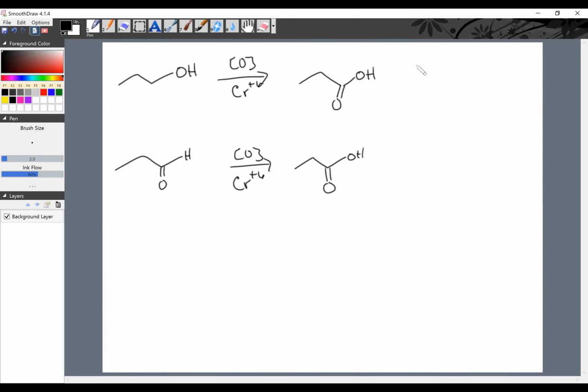That is any of those: CrO3 or sodium dichromate. This could be in acetone, it could be in sulfuric acid, but any of those strong reagents will do that. If you want to be selective,